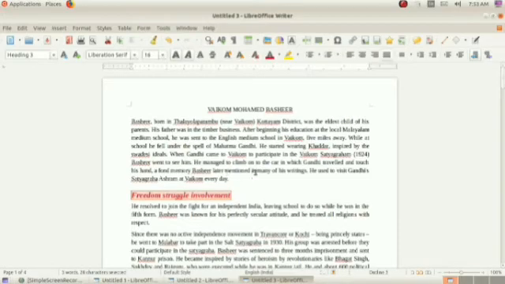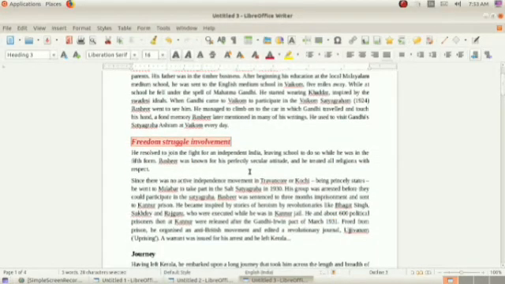Now the text is with the selection, so keep the selection and double click on this. This is the clone formatting tool. Double click on this clone formatting tool, then watch the mouse pointer, that is in the style of cloning.